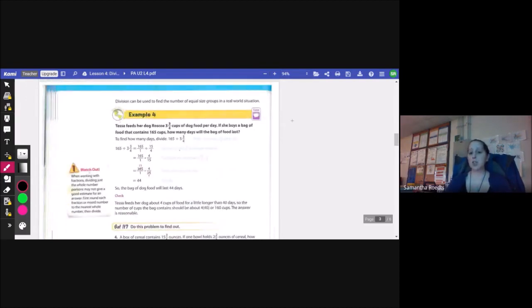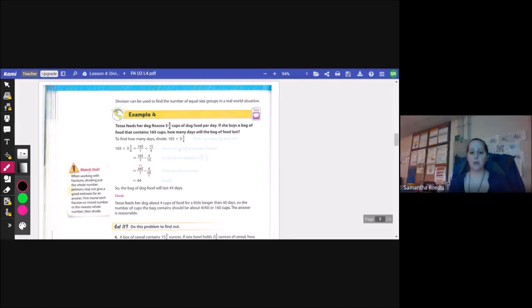All right, division can be used to find the number of equal sized groups in a real world situation. So Tessa feeds her dog Roscoe 3 3/4 cups of dog food per day. If she buys a bag of food that contains 165 cups, how many days will the bag of food last? To find how many days, I divide 165, the total number of cups, divided by how much she feeds Roscoe